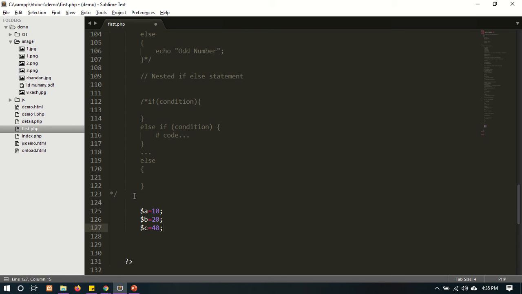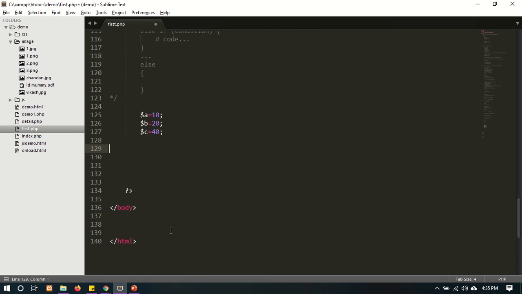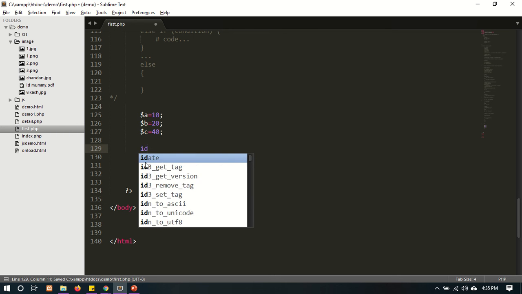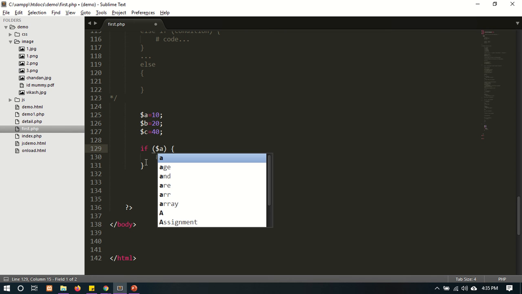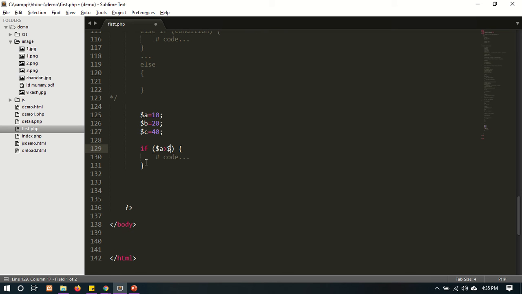Then suppose you have to find the greatest number. In that situation we have to use the nested if else, or the else if statement. See, if $a is greater than $b, अगर ये बड़ा हुआ तो, then if